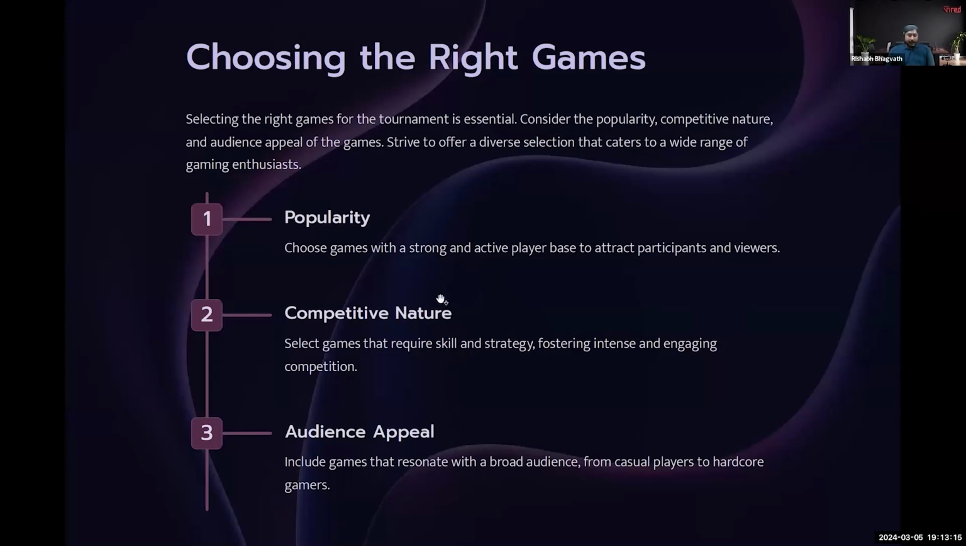And next is audience appeal. So include games that resonate with a broad audience, from casual players to hardcore gamers. Yes, so this is very important. There's many games these days which have a competitive edge and that are very popular, but the audience does not like to watch. So one of the main examples that come to mind here